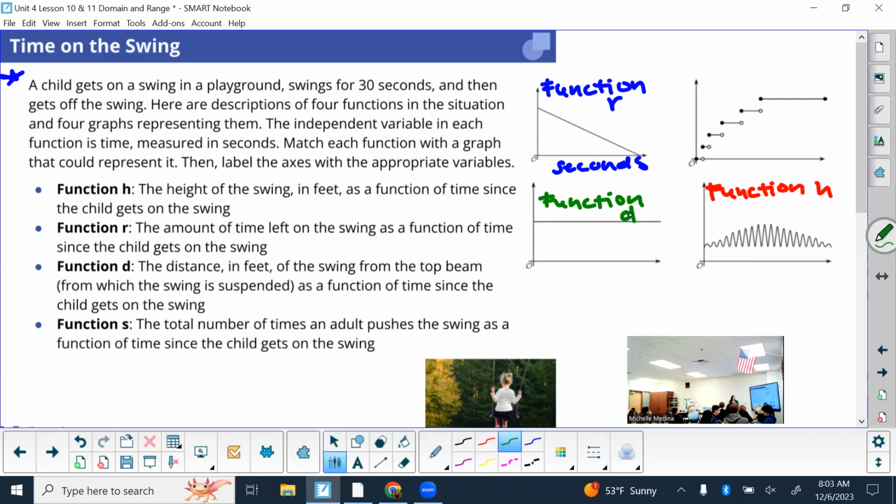So think about it, class, even as the child swings, is the distance from the top beam to like the seat of the swing ever changing? No. So it stays the same. That's why it looks like it's staying the same in that graph. So then function S must be this one,